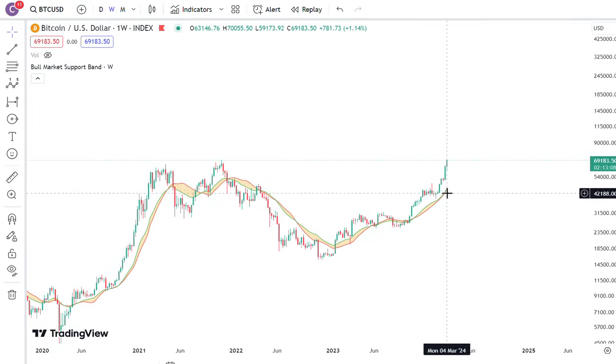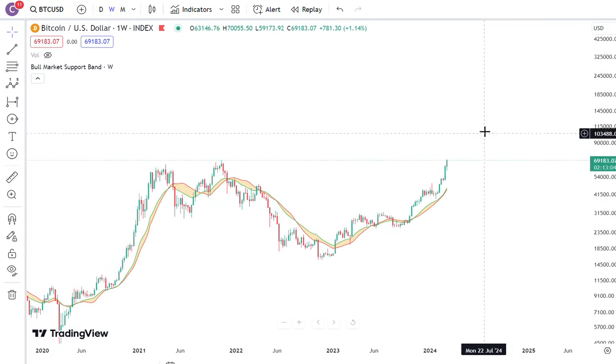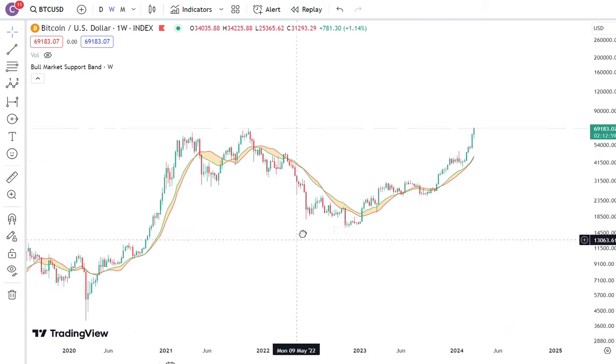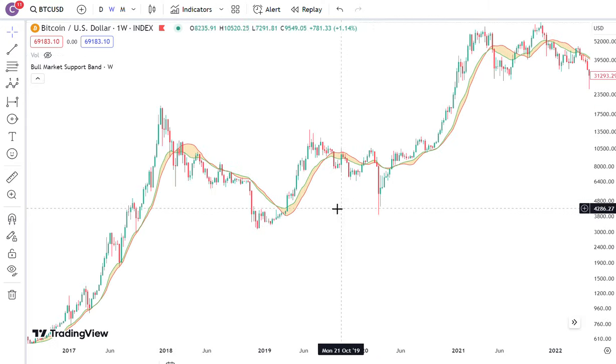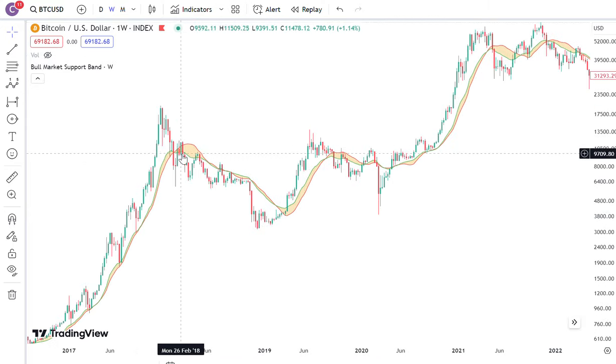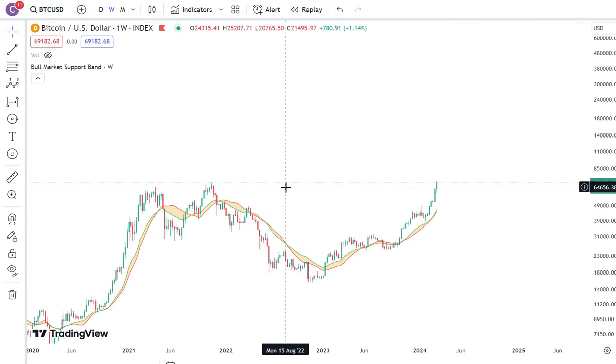What I suspect is the price will continue to go up much, much higher. At some point, it's going to break down underneath the bull market support band again. And then at some point, it's going to end up doing a back test. And those back tests are probably the best places for you to exit,